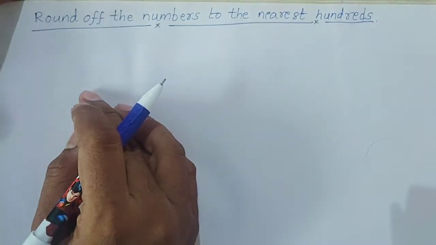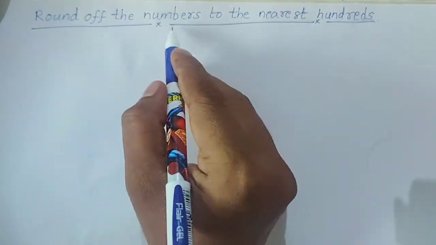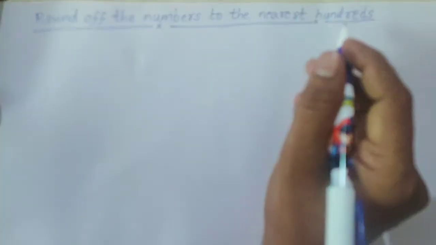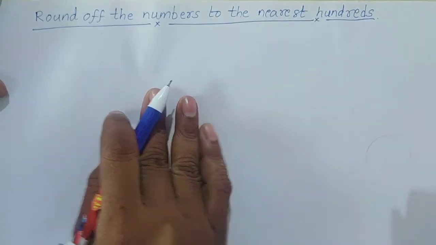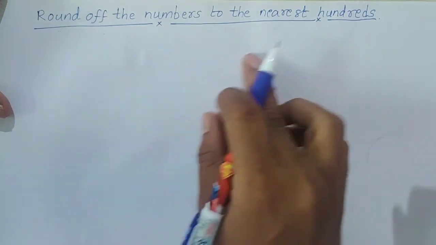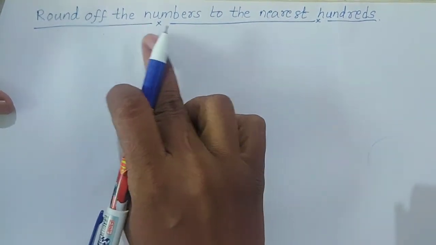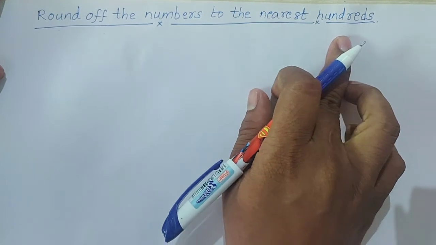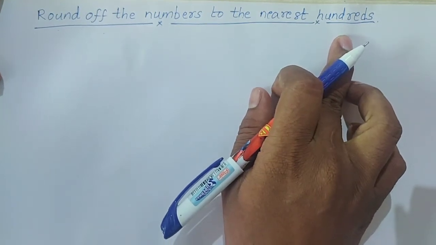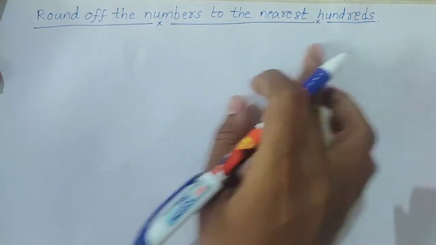Our today's topic is round off the numbers to the nearest 100. In the last video, we discussed rounding off the numbers to the nearest tens. So here, whenever they are asking to round off the numbers to the nearest hundreds, you have to check the number in the tens place, for example,